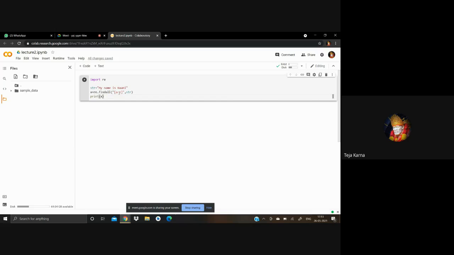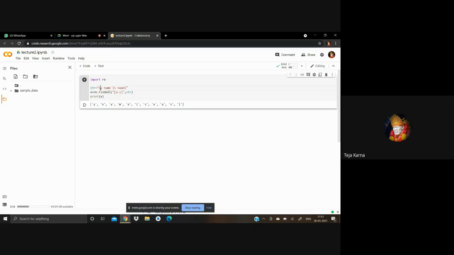This is the actual working of this meta character. When you run this, you will see the lowercase letters of the string, like y, name, is, nani. All those things except M and N, which are not lowercase.